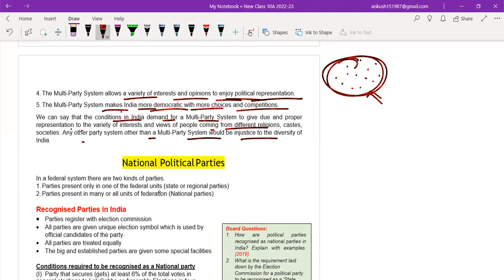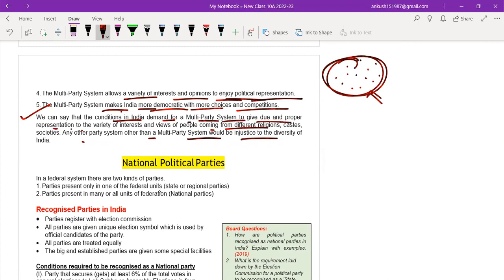Definitely. If there were only 2 or 3 parties, there would be no choices among the people and less competition. If the multi-party system exists and has more than 3 or 4 parties, there would be tough competition among the representatives or leaders, and the people would put their choices on the basis of that. So from this we can understand that the conditions in India demand a multi-party system